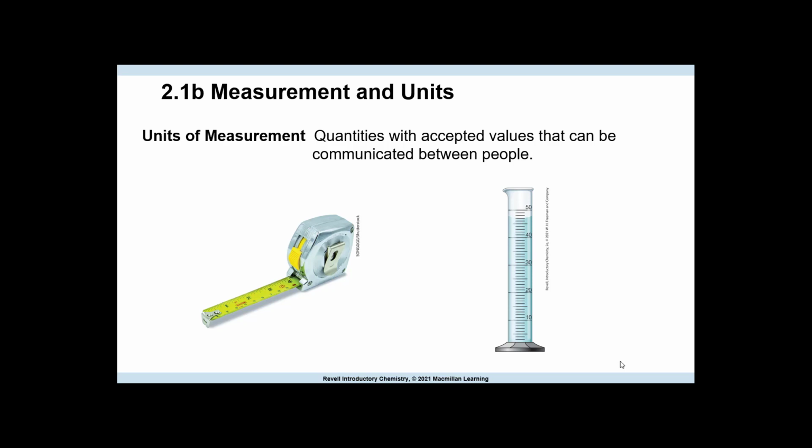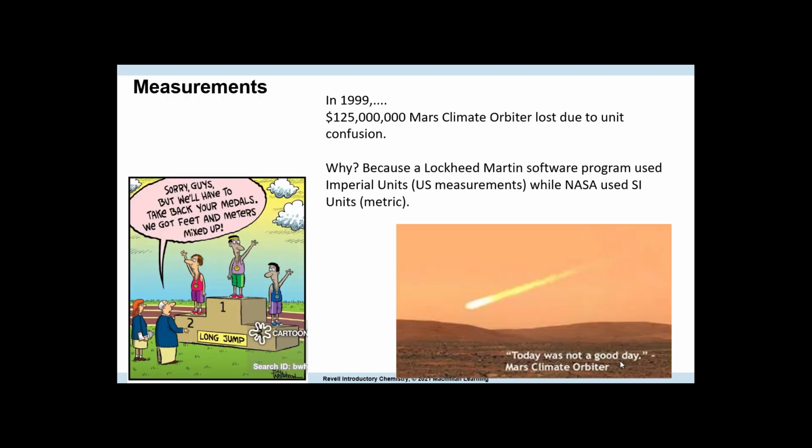and units to it. So units of measurement are quantities or values with accepted values. And these values and units are understood and accepted in the science community. So when you speak about a measurement, it has a value, a number, and a unit that goes with it anytime a measurement is taken. And that unit always corresponds with that value. And if nothing I'm saying right now makes sense, it will as we start getting into the math of it.